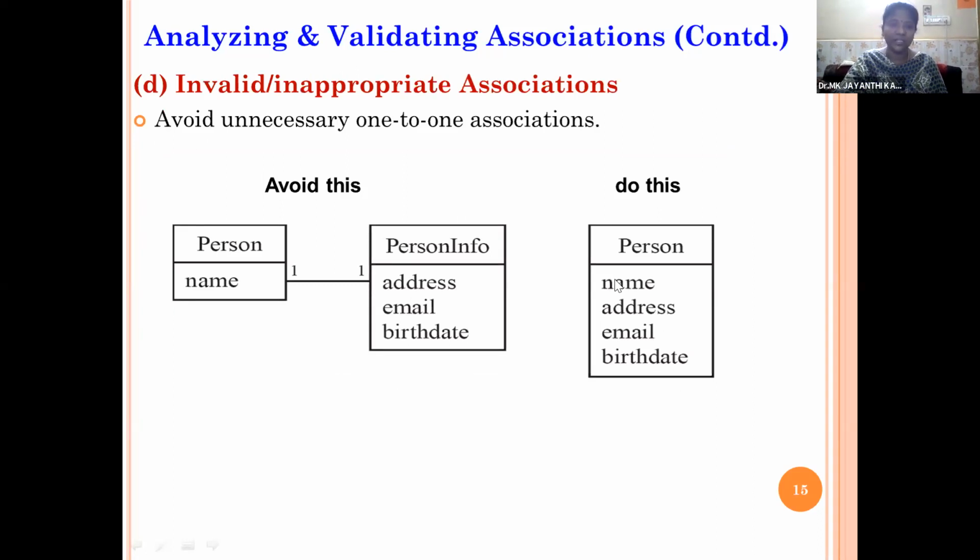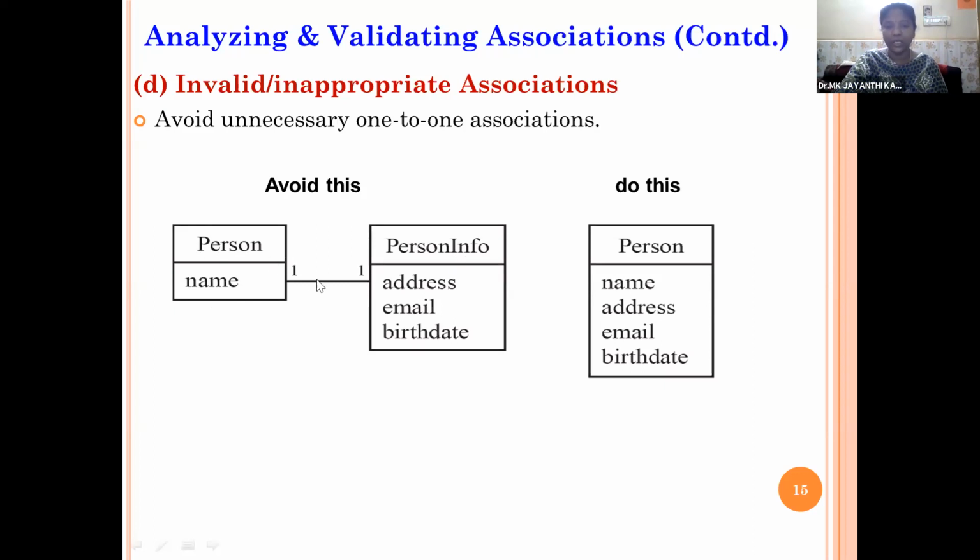The same way we have invalid and inappropriate associations. So avoid unnecessary 1 to 1 associations. Say a person class has name, and personal information like address, email ID and birthplace. So one person will have only one personal information. Here we are making person a separate class and personal information another separate class.